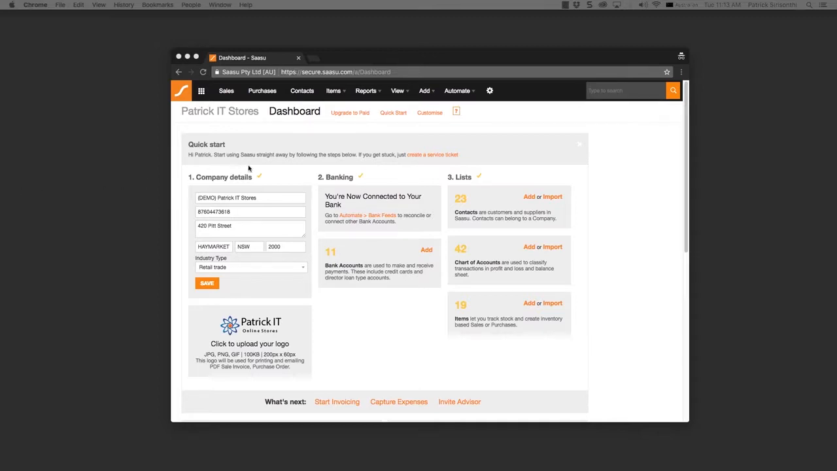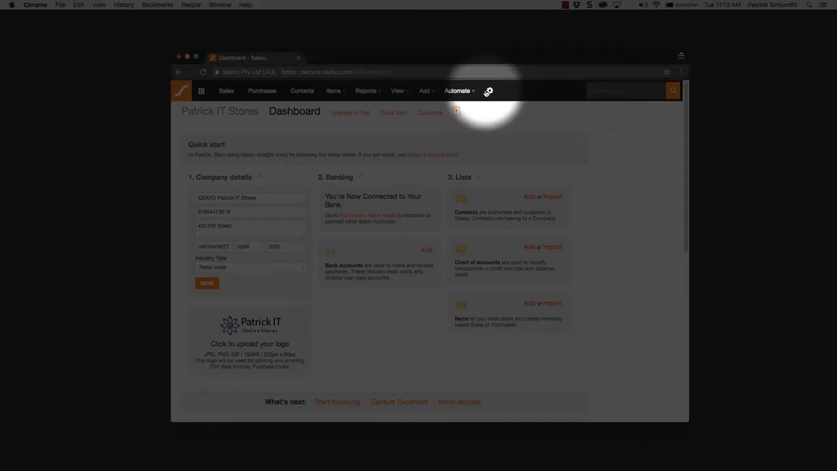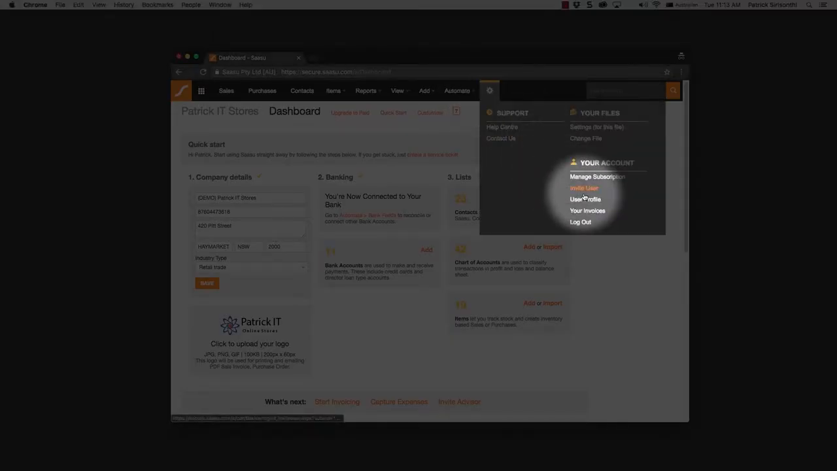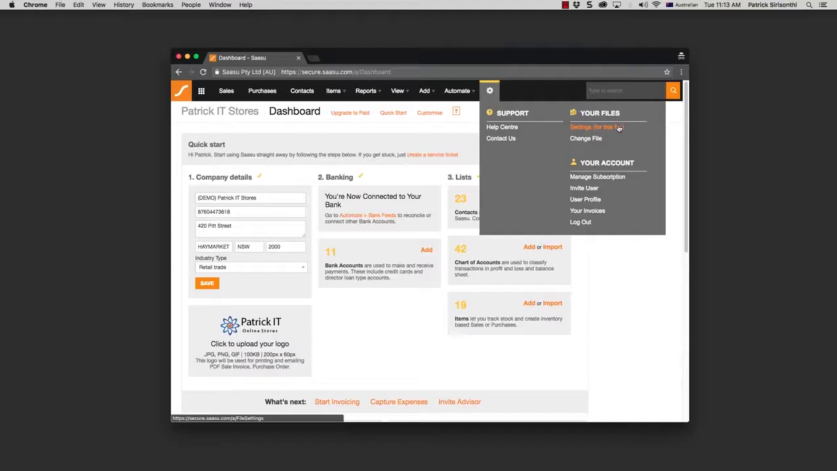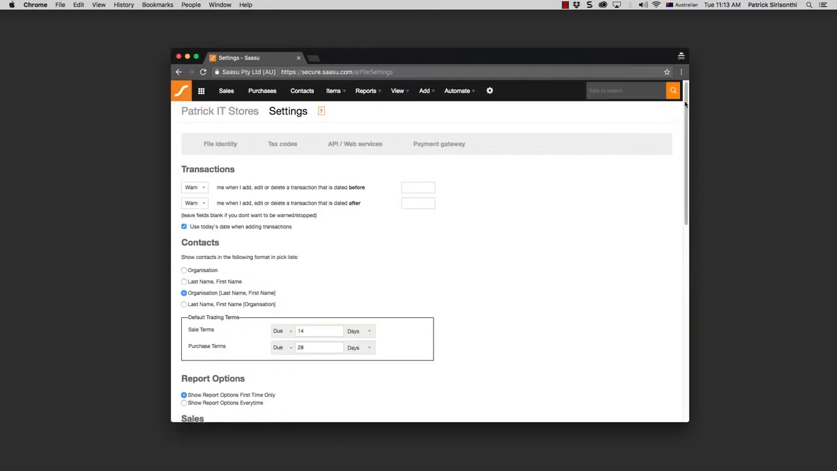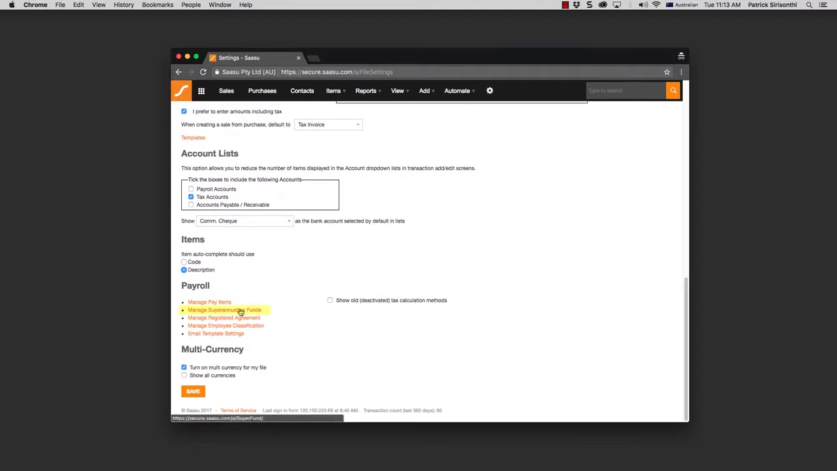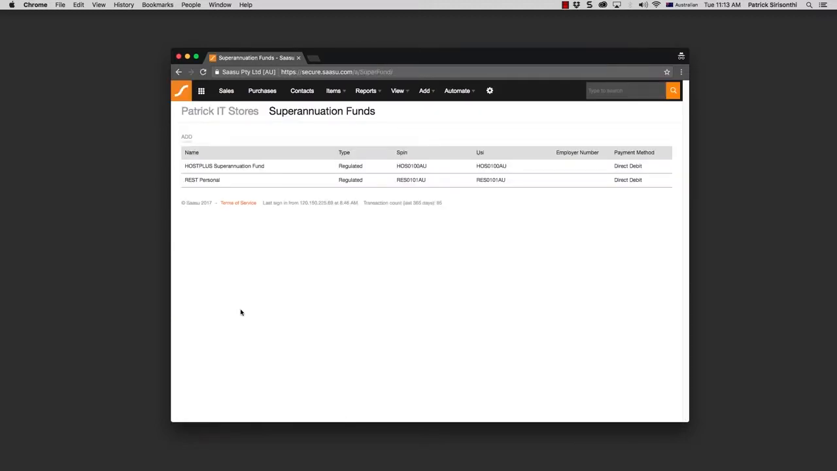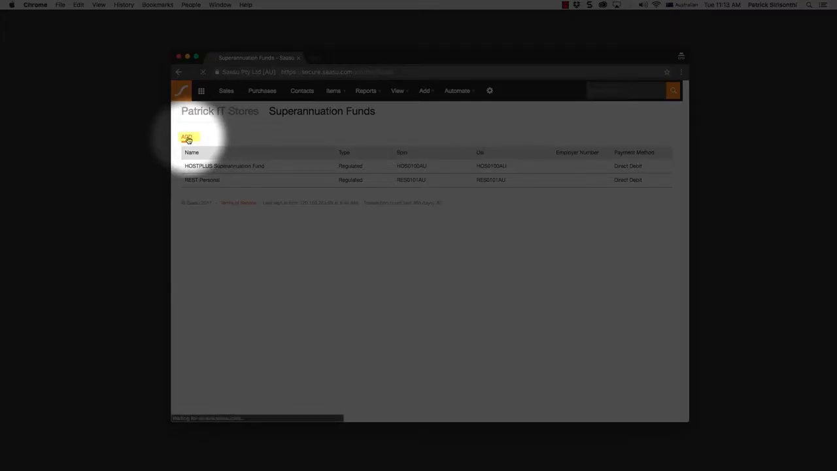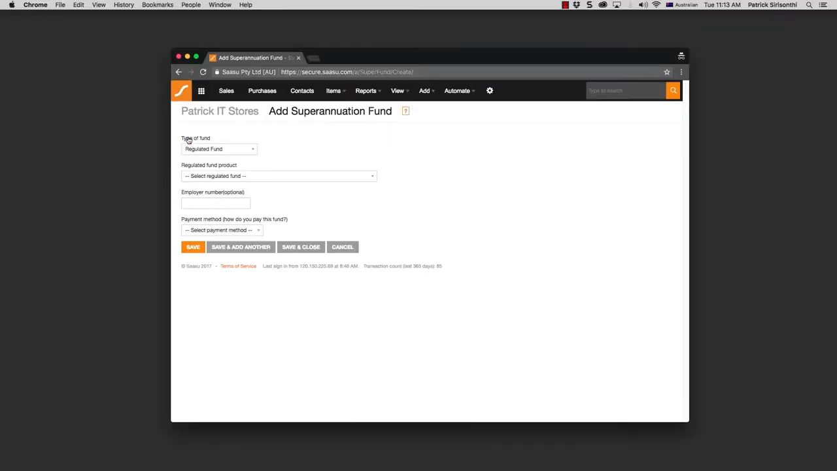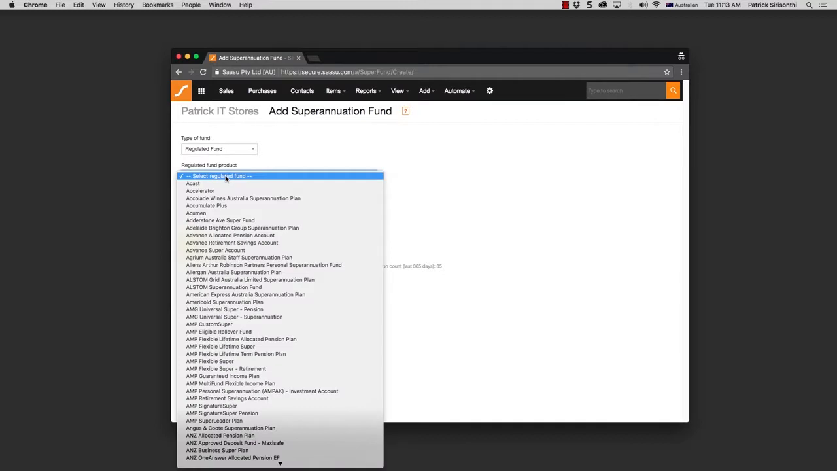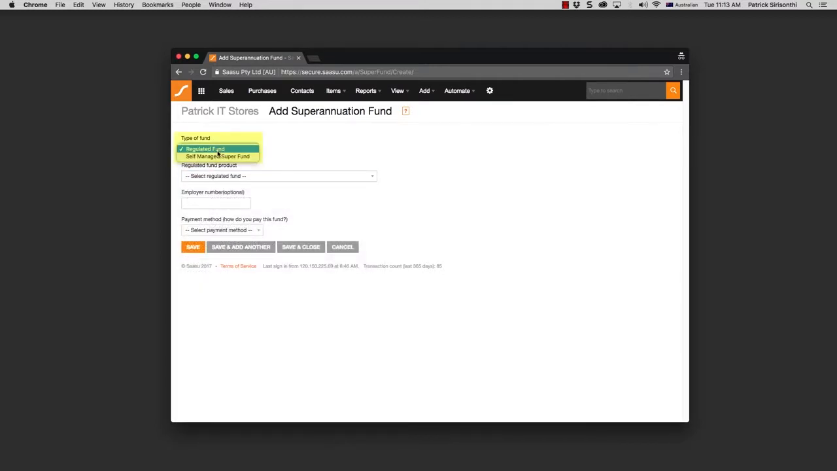You can do this by clicking on the cogwheel icon and selecting Settings for this file. Scroll down to the payroll subheading and click on Manage Superannuation Funds. On the Manage Superannuation Funds page, click on the Add button and you can add either a regulated fund or